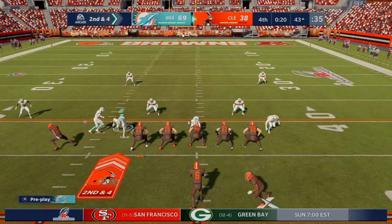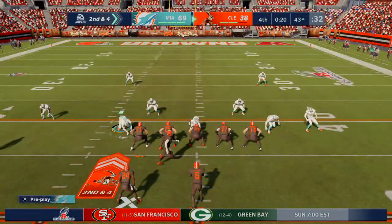Watch left, watch left, watch left. We ain't giving up nothing today. Go, Mike